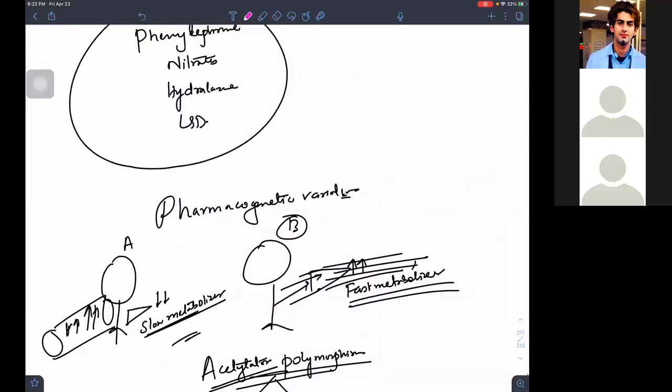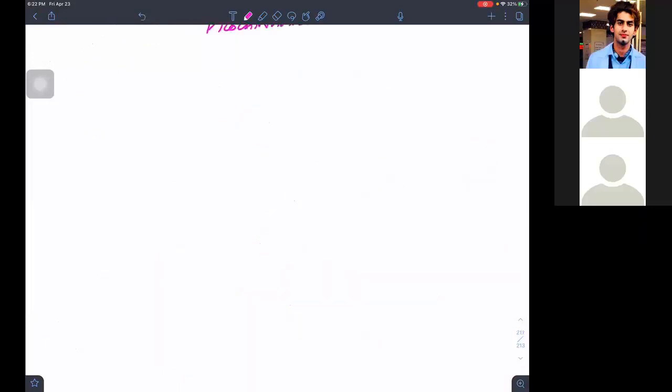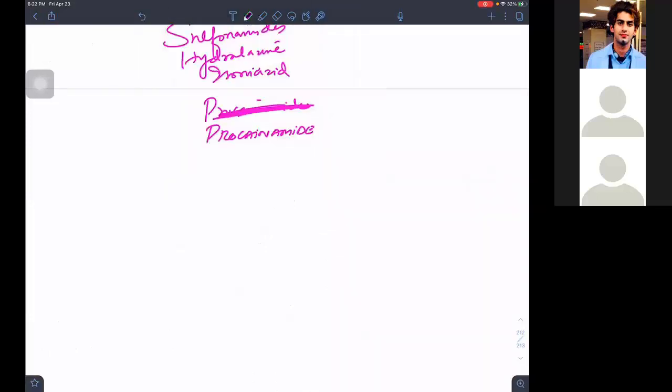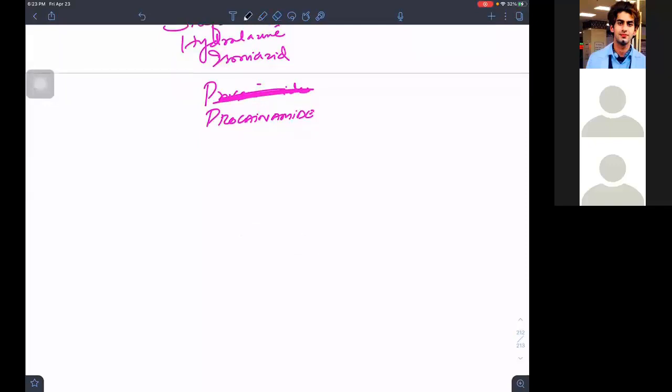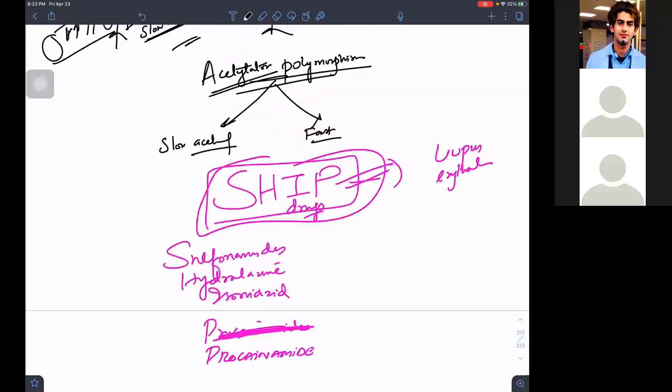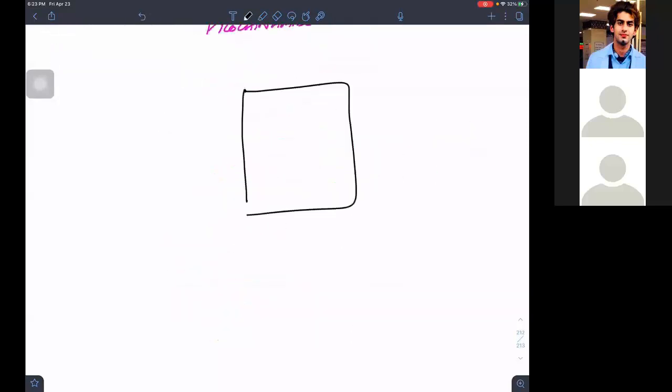Some patients in your wards will be coming to you with a chart in their hand. I'm just making a story so that you remember. They will say the chart is having, see, listen guys, have a look here. The chart is having like this. So number one is acetylator polymorphism. Second is this chart system. See what is this chart. The patient is coming with the chart in his hand.